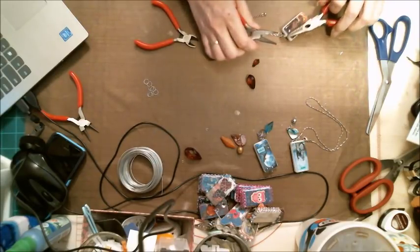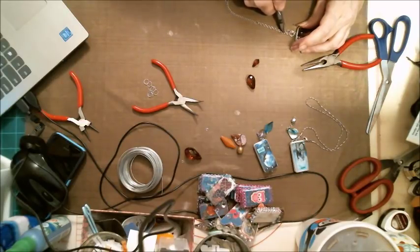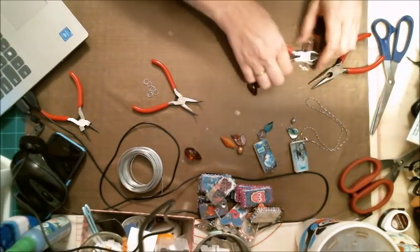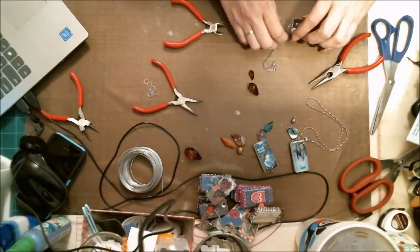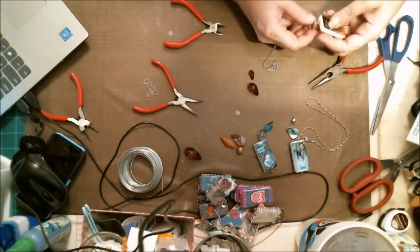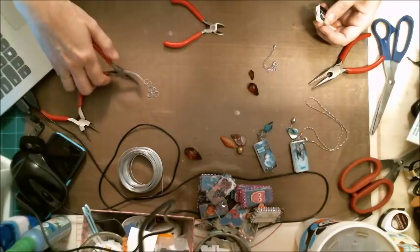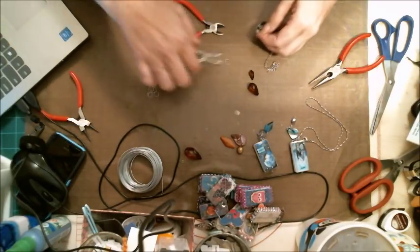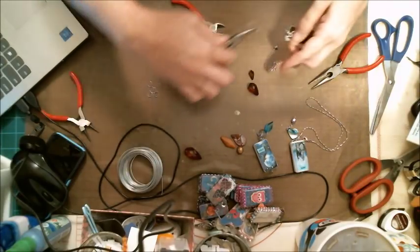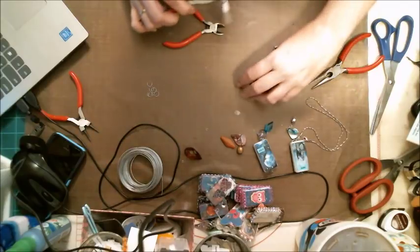Okay. Now, how far down do we want to go? We don't want to go too far, because we don't want to make this too long. So let's go this one. Oops, that one went flying. Oh, stop. Okay. There. Now we need a ring. Okay, there. Alright, and we will do...